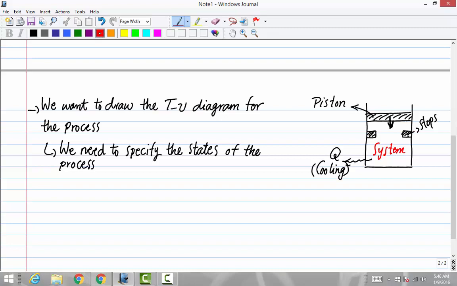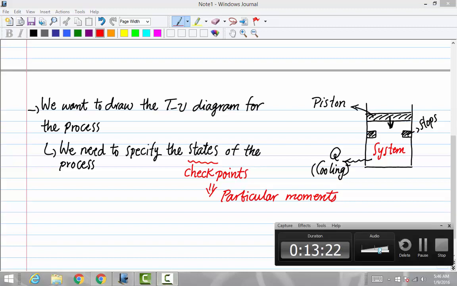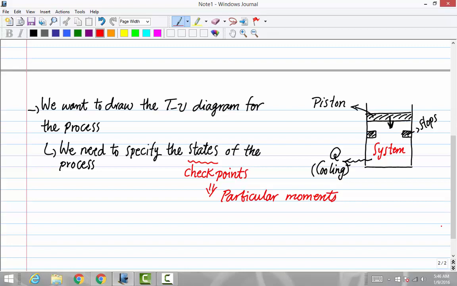And these states, or checkpoints, are particular moments that